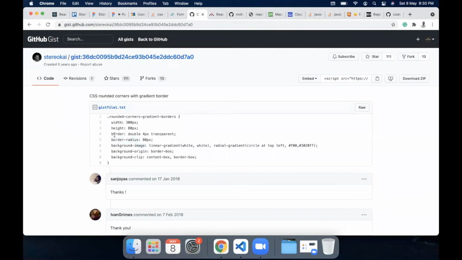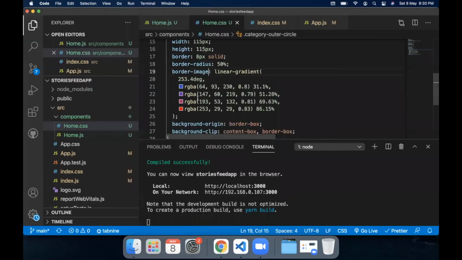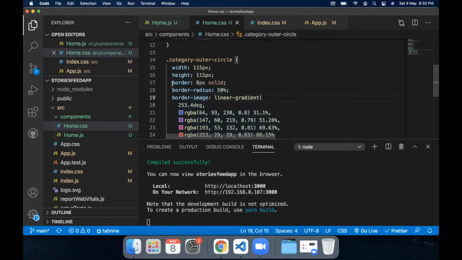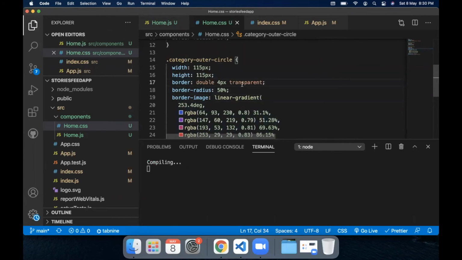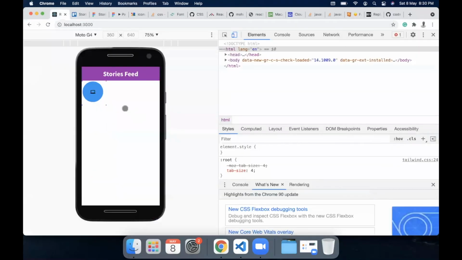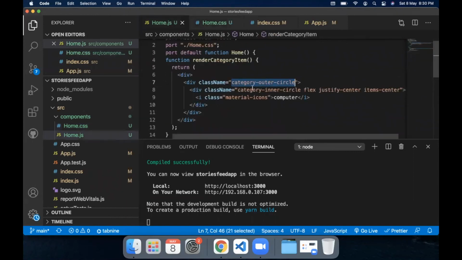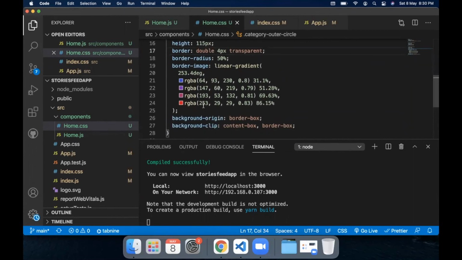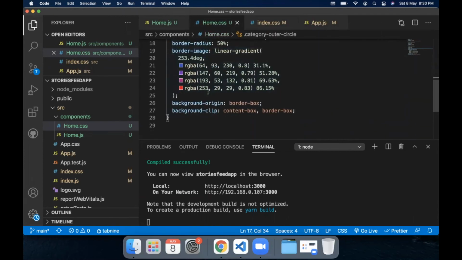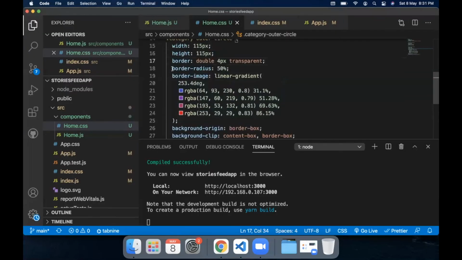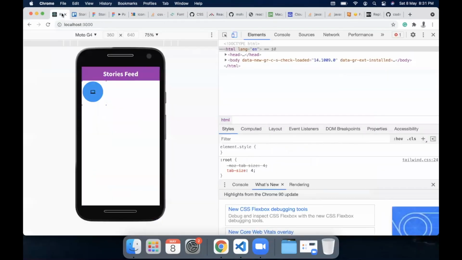And other than that, we have this border property as well. So instead of border 8px solid, we can use that. And change the border radius as well and check.